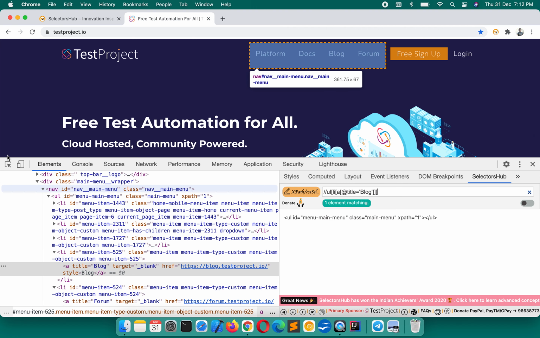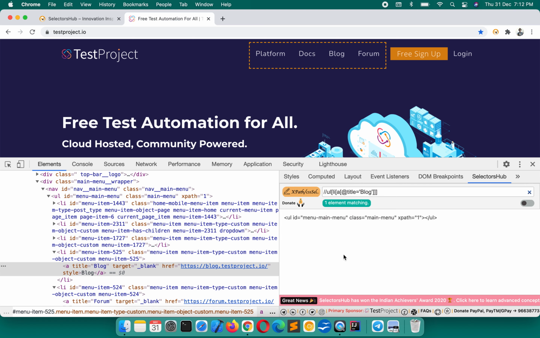Let me explain again what I have done. We first wrote the XPath for the element with respect to which we have to write, then figured out the common parent, this ul. Then we traversed back: from this element to this element, then this, and replaced the single forward slashes with square brackets and closed them.